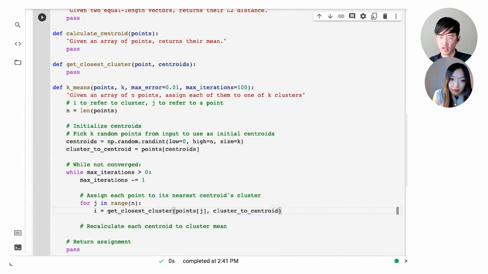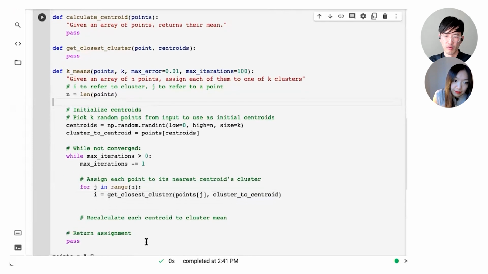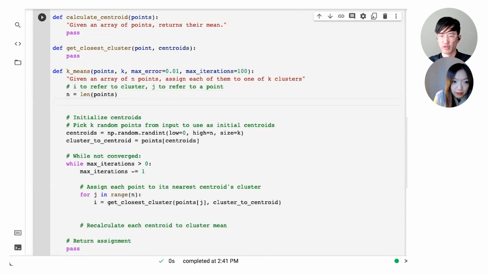And then pass this helper function our current list of centroids. So now we know which cluster number this point should be assigned to. And so now I need to decide what I'm going to return. So I think what we said was I want to return,